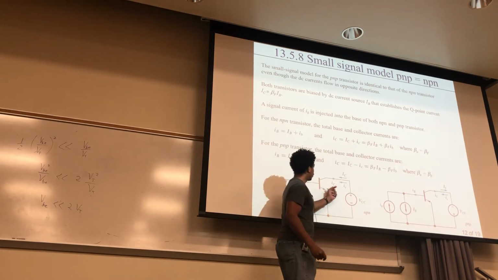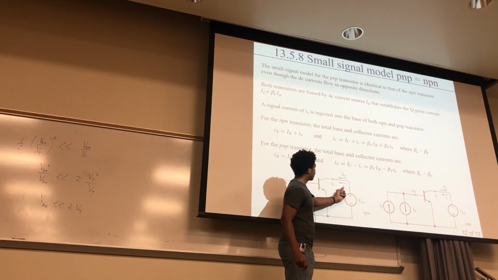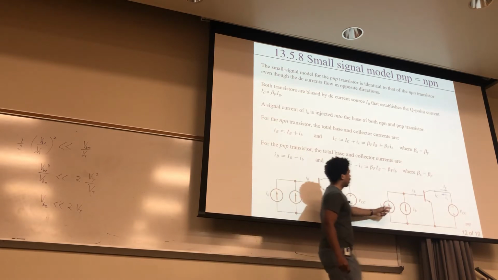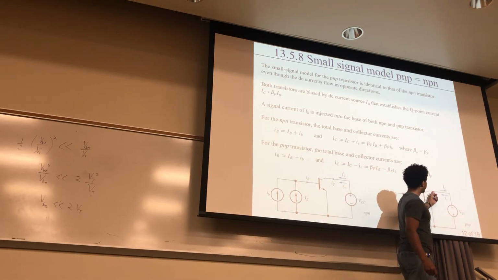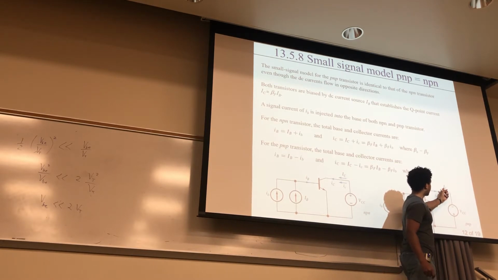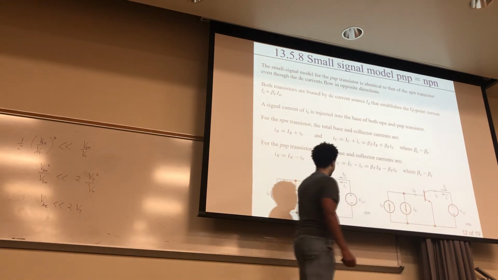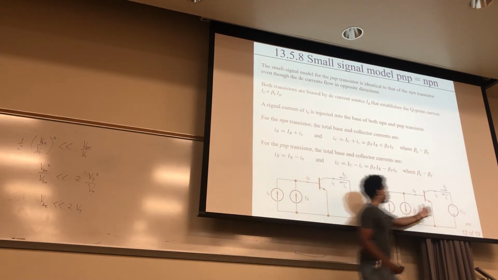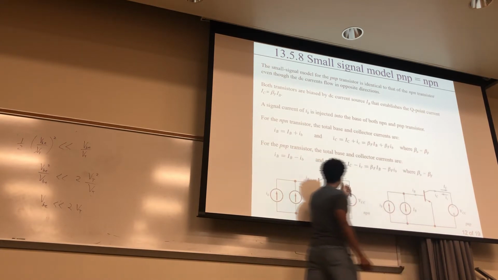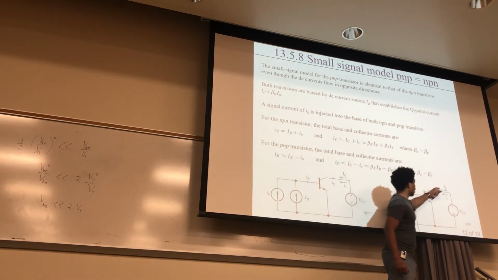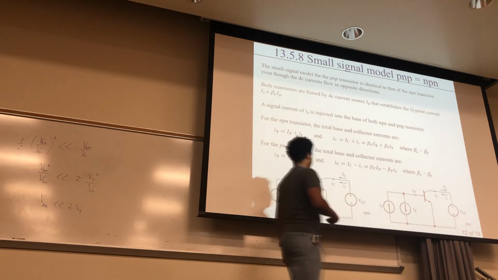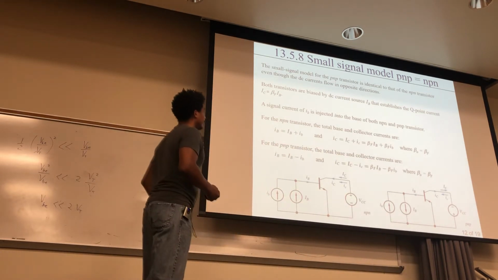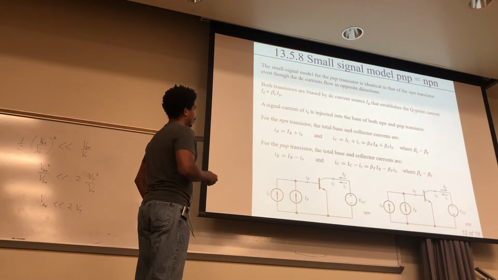So here's the total. You have your signal, your AC, and your DC. Over here, you have your total. Look at the direction difference. And you have your iC going in and your capital IC, DC, going out. So in both cases, you have your ICs going in. Your small signals are going in, okay? But your DC's going in here, and your DC's going out there. Again, this is PNP, and this is NPN, okay? And this is the same thing for the total base and collector currents for the